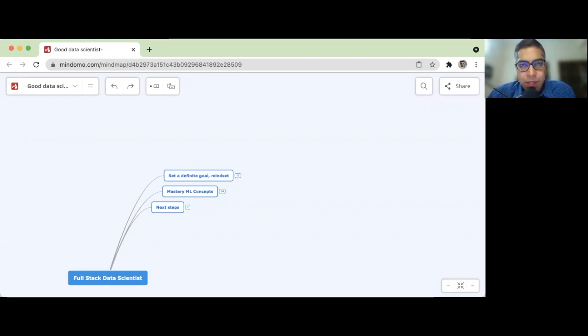So today we are going to look at what the elements of a full stack data scientist are. Again, AI, data science, and machine learning are hot. Everybody wants the hottest job. Everybody wants that good pay. Great, but what are the fundamentals?